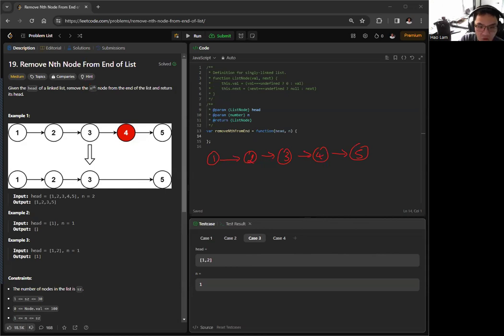So how do we get access to the nth node from the end of the list? Let's think about it in a different way. Instead of thinking about it from the end of the list, let's think about it from the front of the list. So if the slow and the fast pointer